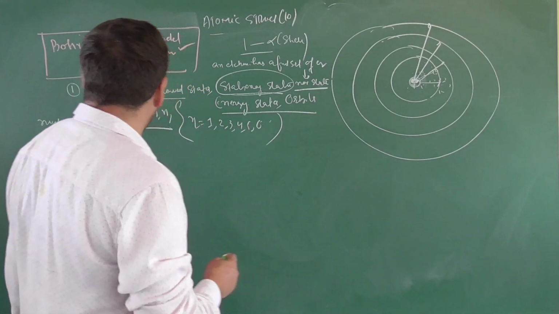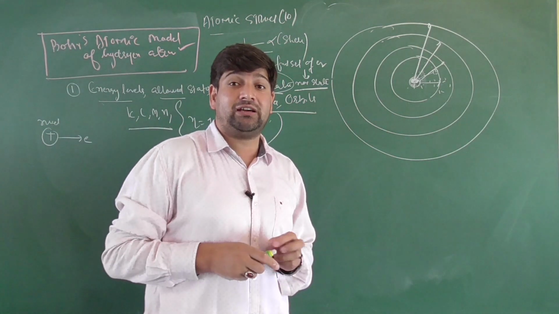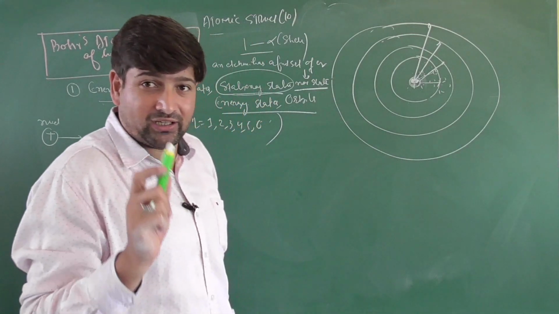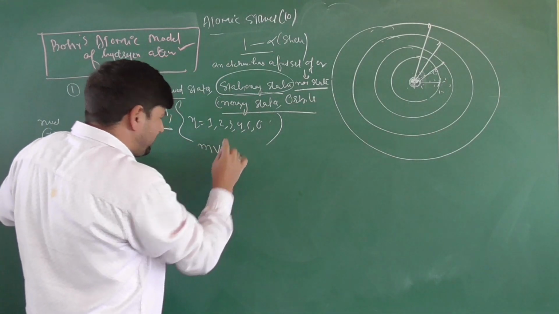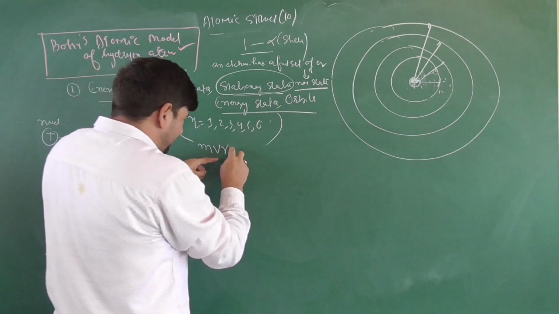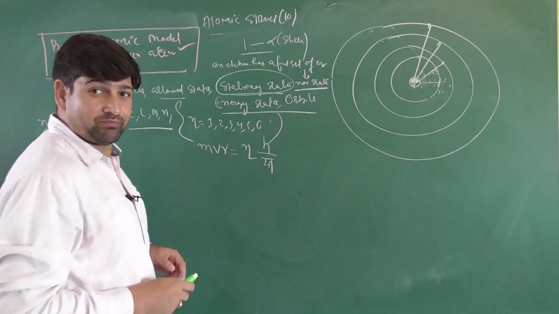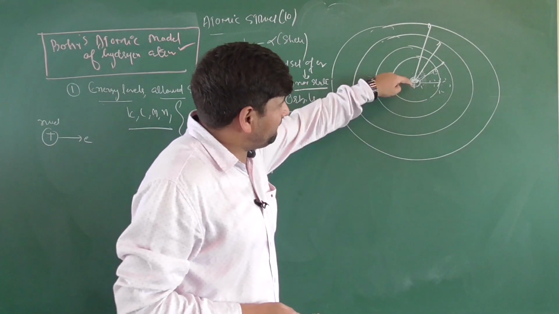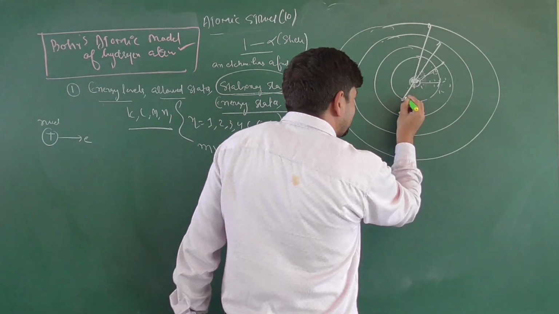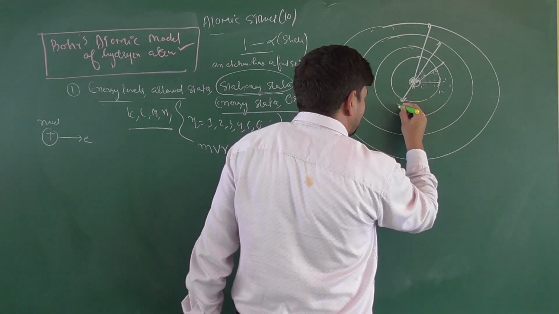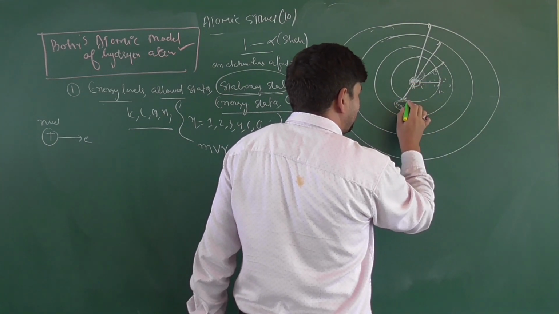Why are they called allowed states? Because of the second statement: electrostatic force exists between the electron and the nucleus. Not all energy levels are possible. Only those energy levels in an atom are possible wherein the angular momentum of that electron, mvr, the product of mass, velocity and radius, is an integral multiple of h by 2 pi. You can have an electron present away from the nucleus only at a distance wherein the electron has angular momentum, because this electron has mass moving with some velocity v at some distance r from the nucleus. This product is angular momentum.